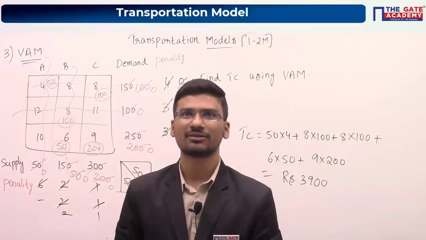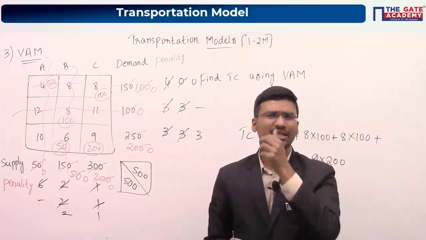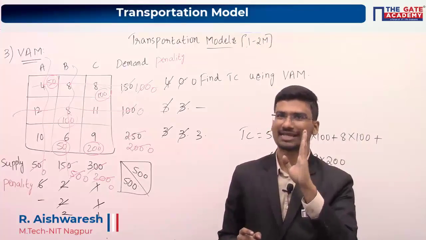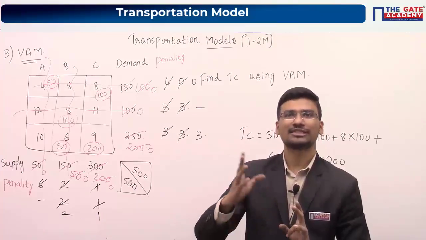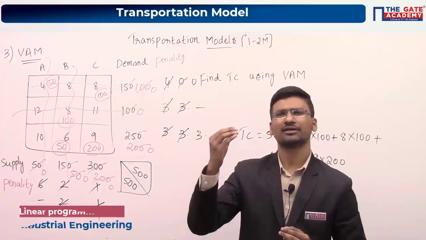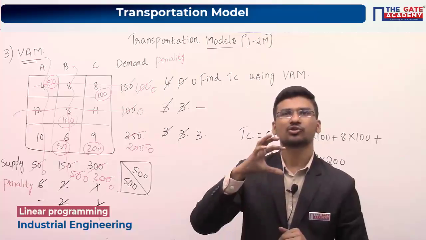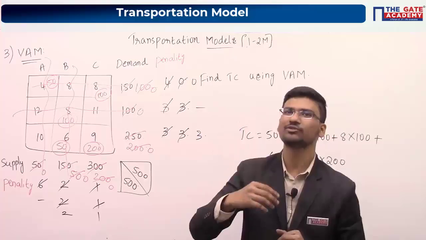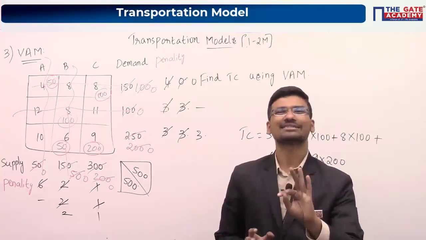What are the artificial variables in simplex method? Okay, Kaushik, artificial variables we are not using in simplex method. In simplex method we have used only slack variables, which are S1, S2. Artificial variables we will be using whenever we are having mixed type of constraints. Like if in a single problem you are having greater than or equal type constraints and less than or equal type constraints, whichever the constraints are greater than or equal type, there we will be using surplus variables and artificial variables also. Don't worry, that is not there in your syllabus.